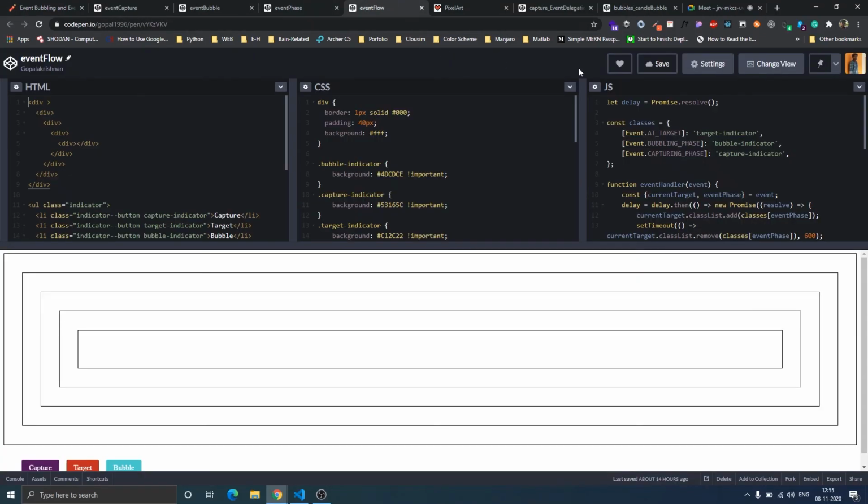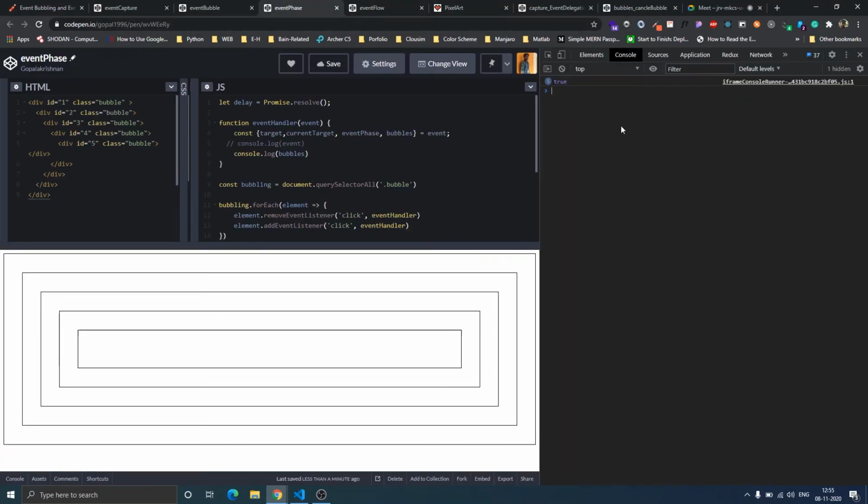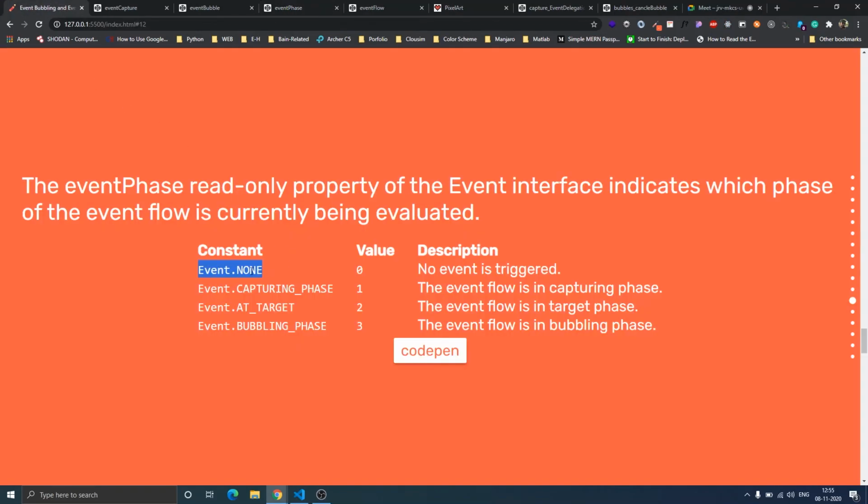If I run this, you can see Event.NONE is 0, which means no event is being processed. If the value is Event.AT_TARGET, which is 2, the event is at the target phase, and if 3, it's in the bubbling phase, and 1 means the capturing phase.